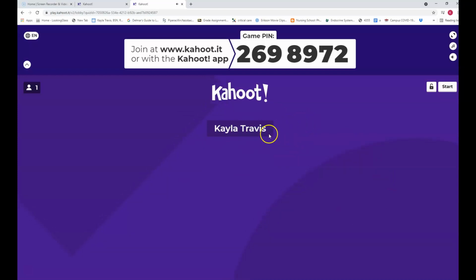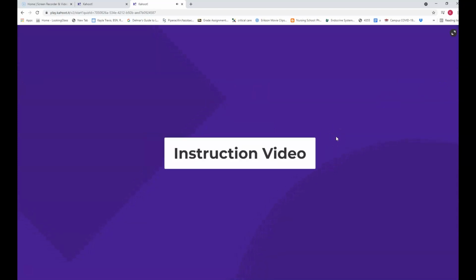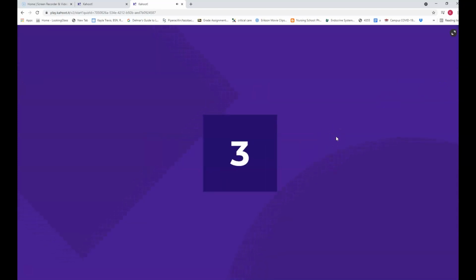If you need to kick out a student, you can actually click them and delete them, but I don't typically do that unless it is a name that's not appropriate. So you can also lock it to prevent other players from joining. I don't do this because internet is always a problem, and if they get kicked out, I'd like them to be able to rejoin. So I click Start as the instructor, and this is where it's going to be their